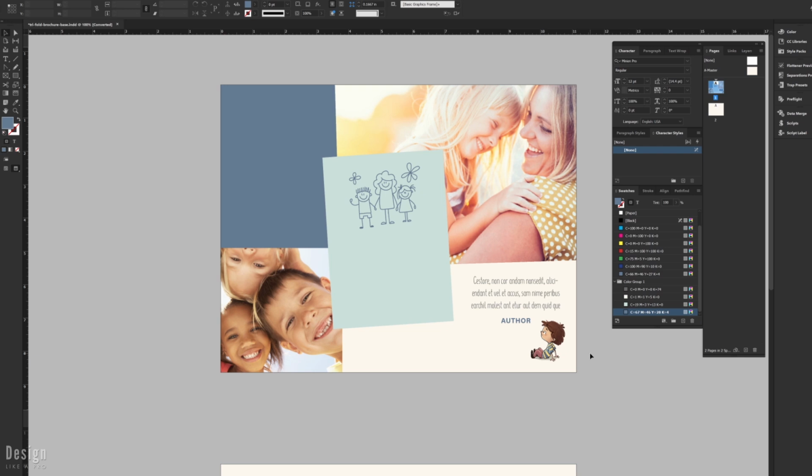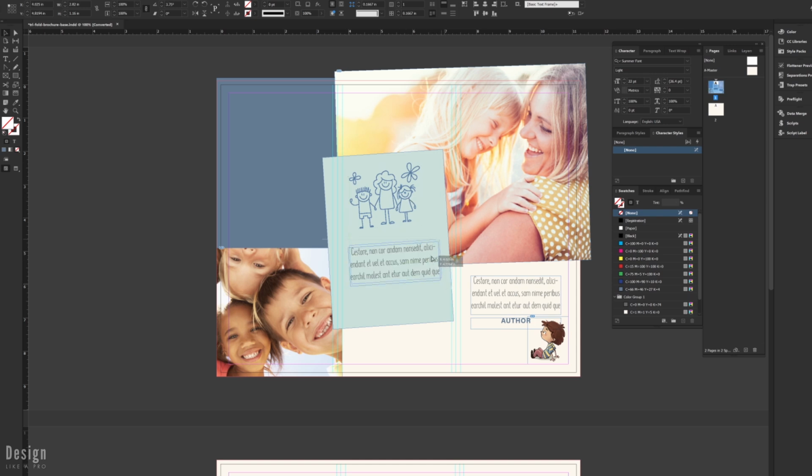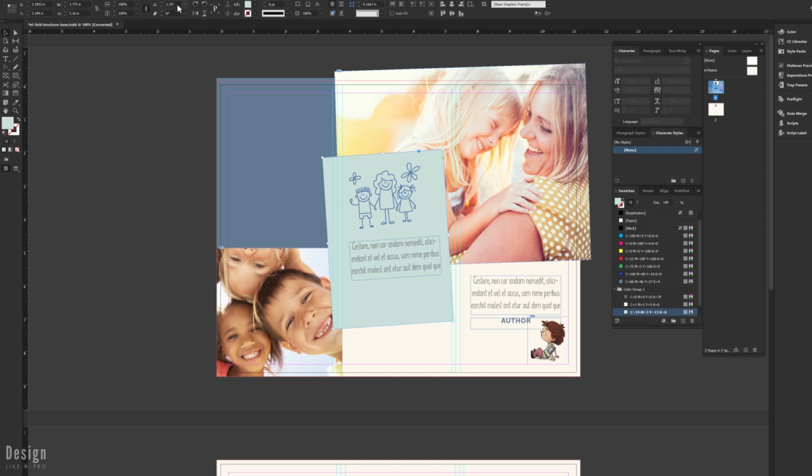All right, so hitting W to preview, this is where we are right now, looking pretty good. So we've got a couple more areas to fill in with our content and text. So I'm going to copy this again and bring that over here by holding down Alt or Option Shift to bring that over. And then again, we're going to rotate that to match. And you can click on your other item that's rotated to get the exact one if you need to. And then I'm going to copy and do the same thing with the author style, and we're going to rotate that